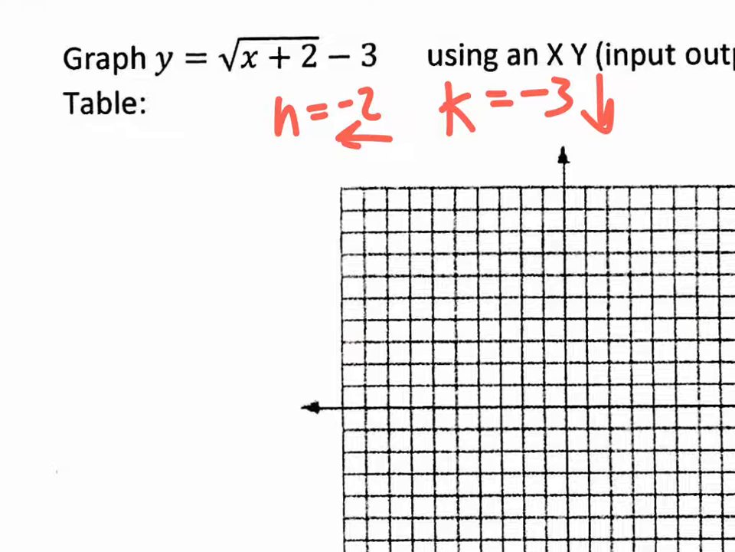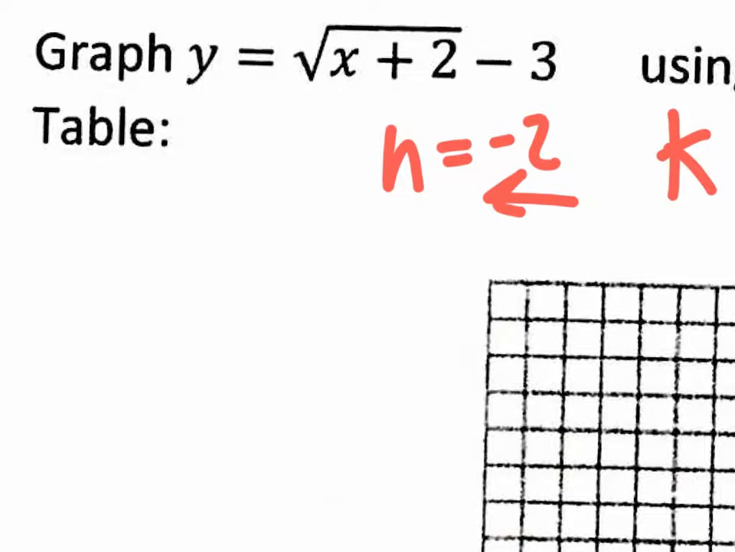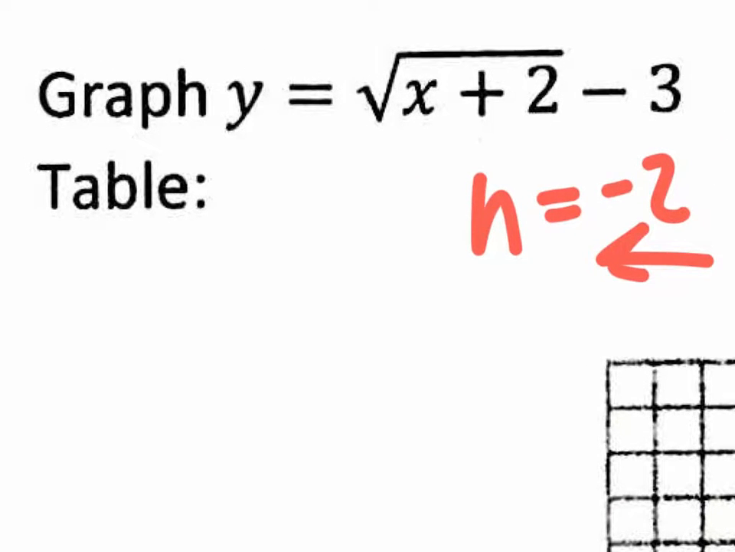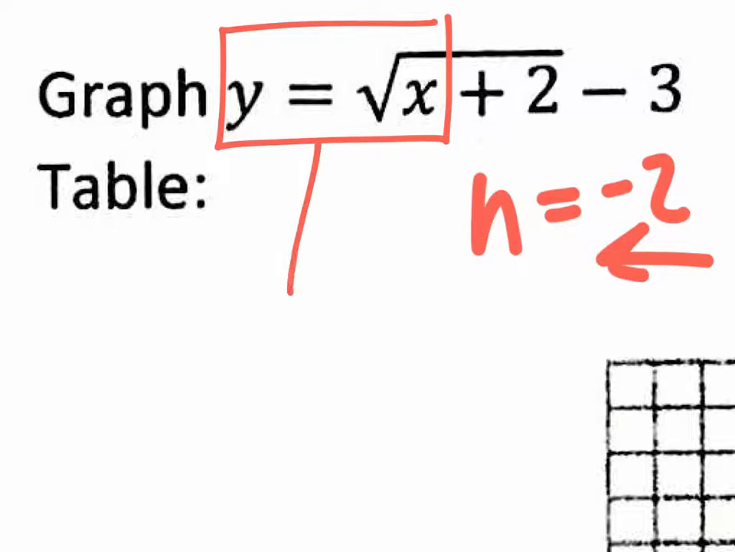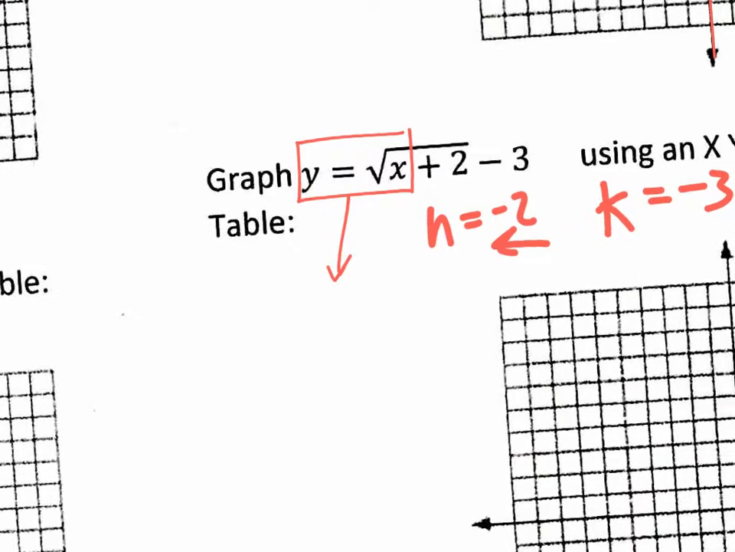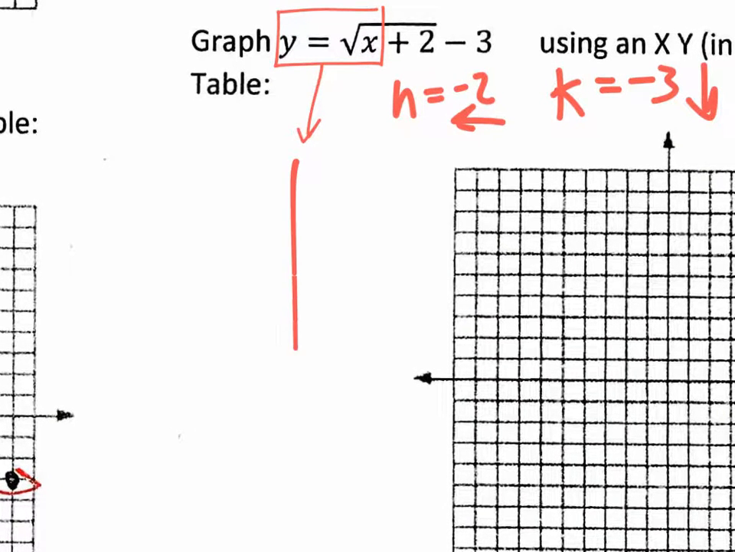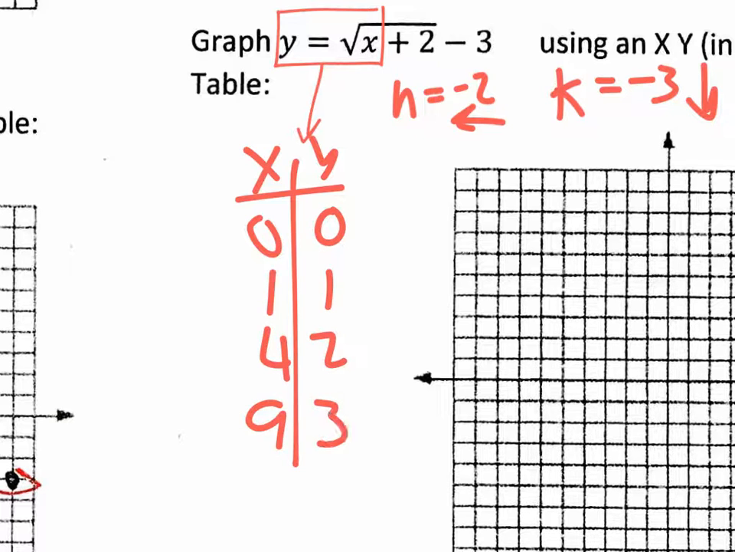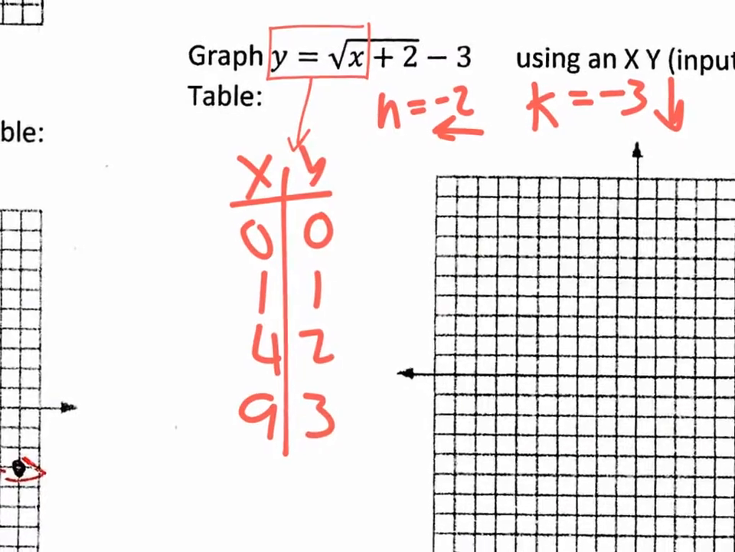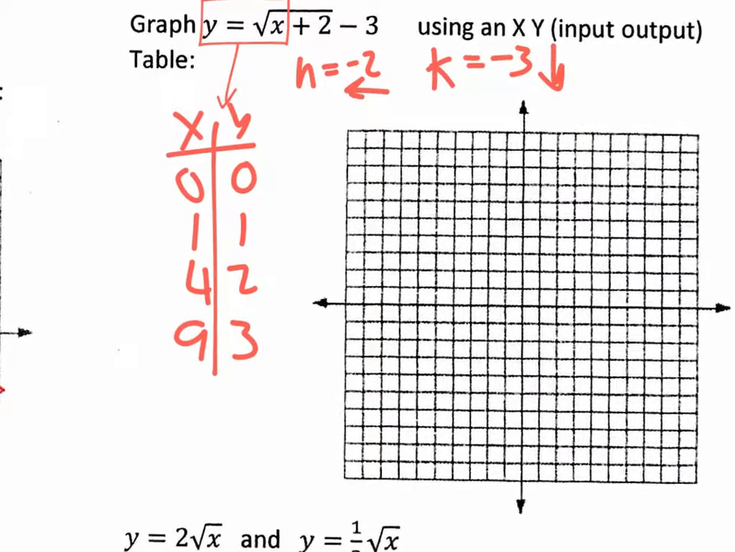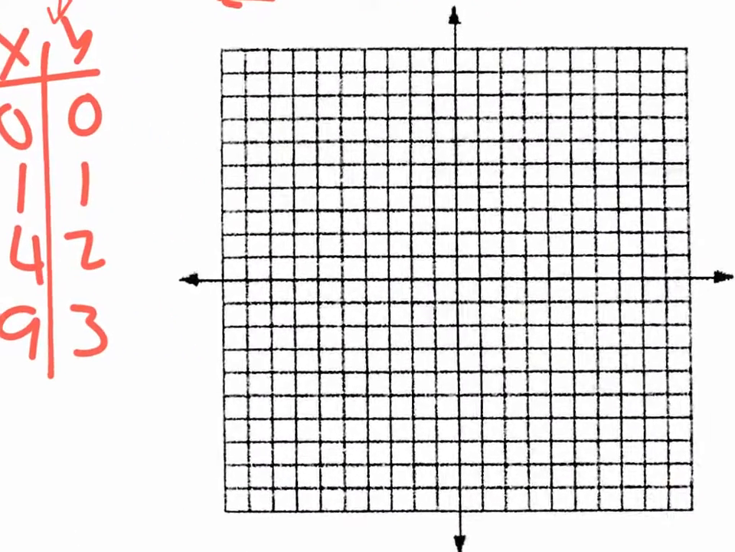So the way to do this would be, again, to just ignore h and k after you've already identified them, and look at that part of the graph. So if we go to an xy table, let me zoom out. The square root of 0 is 0, the square root of 1 is 1, the square root of 4 is 2, the square root of 9 is 3. Those are great coordinates from the parent graph. So if I plot those points,